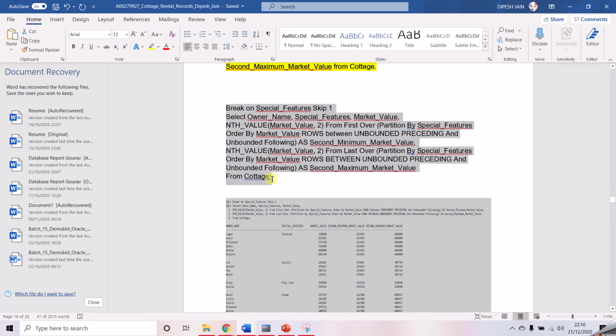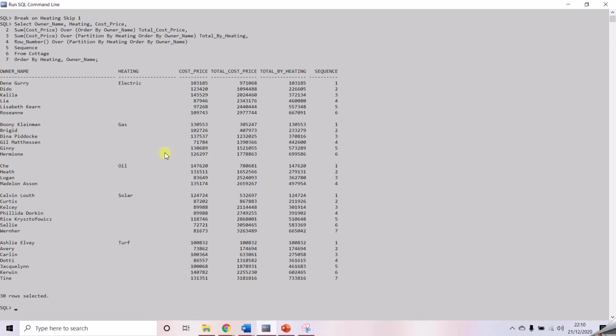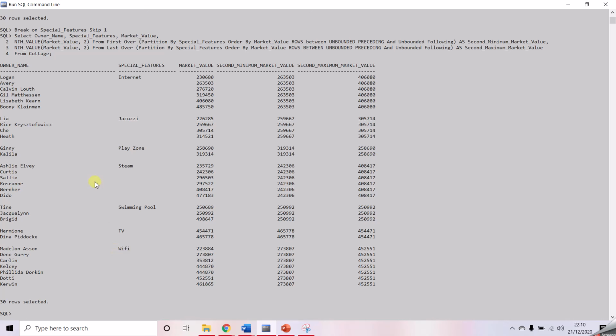So here is an NTH_VALUE query, as you can see. We have partitioned by 2. The second value according to the special features here is 263503. So the second minimum value will be printed in all the rows here, as you can see.